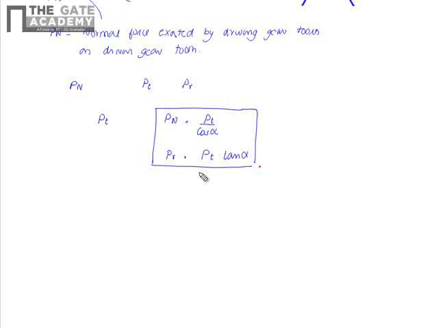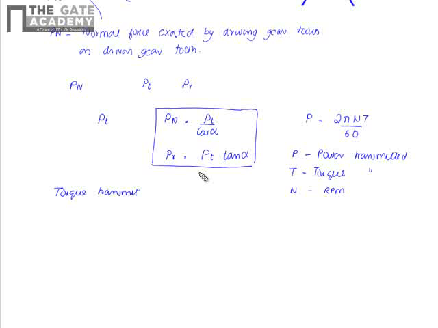Usually the gears are used for transmitting the torque from one shaft to another shaft. So if we know the power transmitted by the shafts, and if we know the RPM of the shaft, then we have the general formula 2 pi N T by 60 is given by P, where P is the power transmitted, T is the torque transmitted and N is the RPM of the machine. So if this is known, we can find the torque transmitted, and in the case of gears, what will be the torque transmitted? Torque transmitted T will be equal to